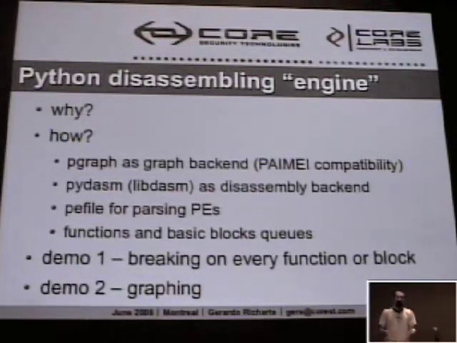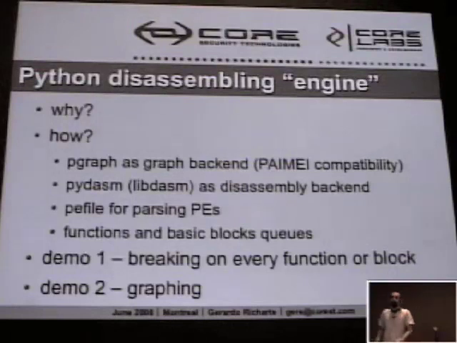So I thought, okay, we all want to rebuild IDA at some point in our life. We want to, yeah, don't lie to me. I mean, you know you want to. So I started doing it. It's the second time I do it. So I kind of had some ideas, and it didn't take too long because I'm using pgraph as the graph